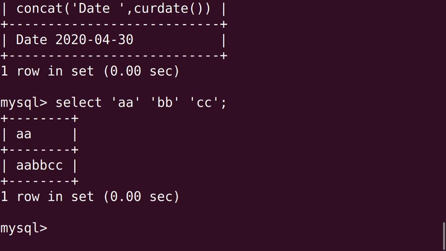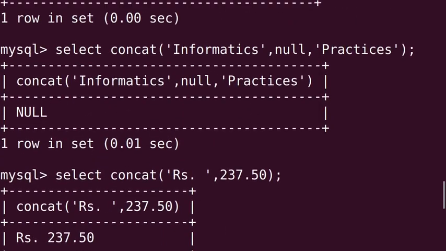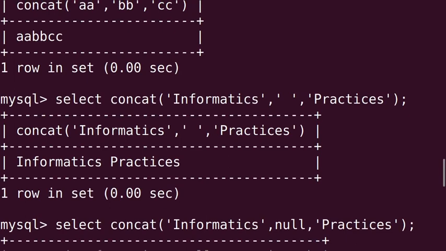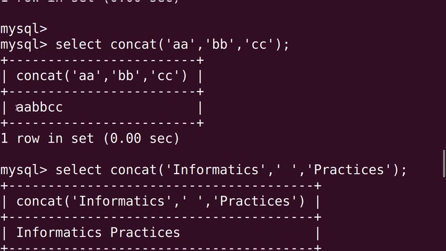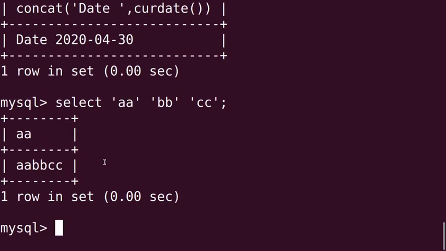Here the same strings we have taken in our first case also. Hope you remember, with the concat function the output was AABBCC. Similarly, without the concat function, the quoted strings we can use and we are getting the same output, AABBCC. Right? That's all about your concat.